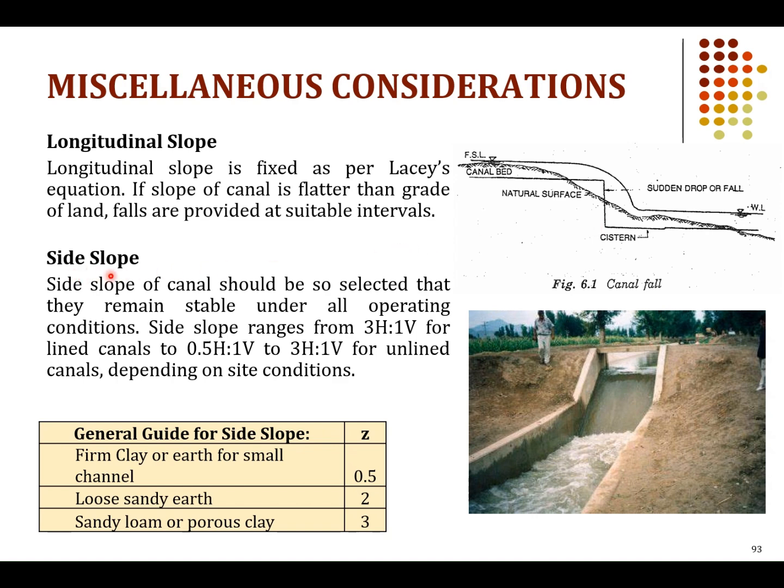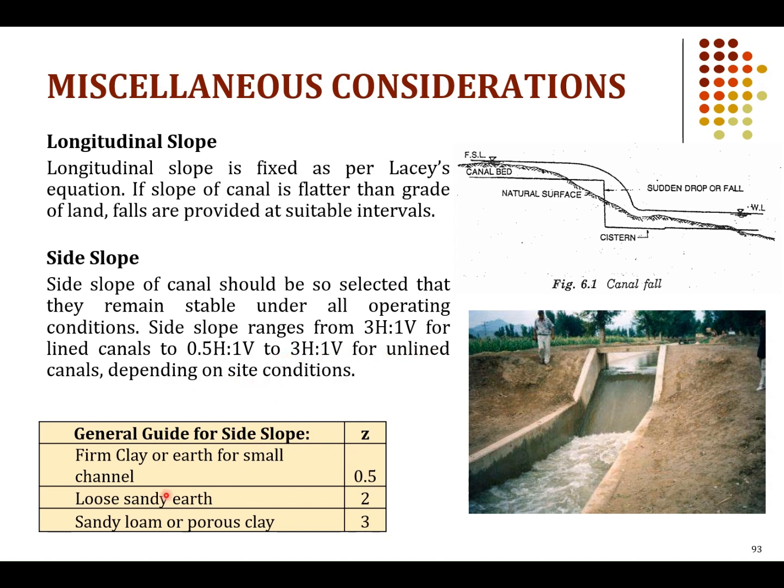Then the side slopes. As you know, we always assume side slope sometimes 1:1, sometimes 1.5:1, sometimes 3:1. For example, in the previous problem, we used 3:1. So the side slope of the canal should be selected so that it remains stable under all operating conditions. Side slope ranges from 3H to 1V for lined canal, 2.5 to 3H to 1V for unlined canal, depending on